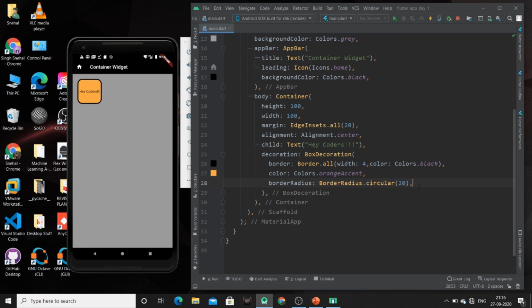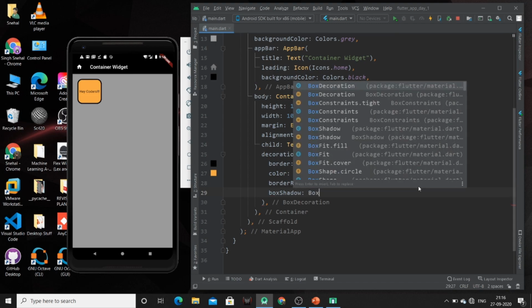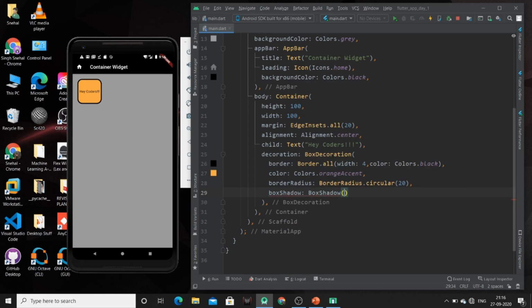Now you can also specify the shadow of your container by using this box shadow property. Now just use the BoxShadow function. You have to specify a square bracket, and inside that just use BoxShadow.